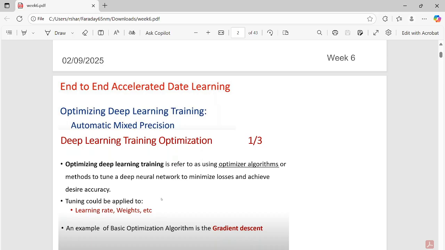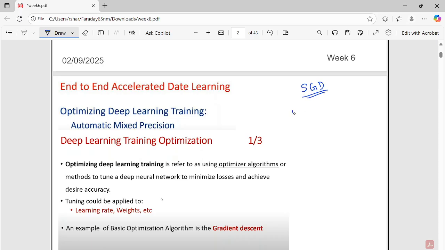The optimizers include stochastic gradient descent. Here the idea is to update the parameter using the gradient of the loss function with respect to a random subset, such as a mini batch of the data. And in stochastic gradient descent, we have what is called the update rule. So an example is theta, we update with,